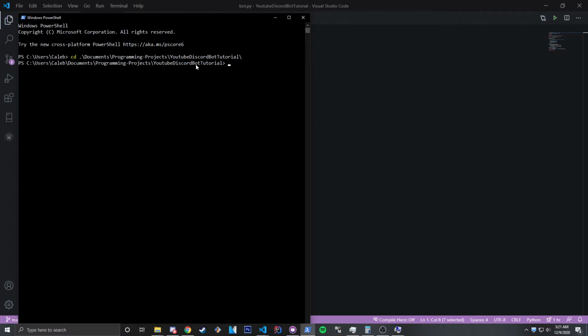So now we're in our folder. Typically, when people want to automatically create their requirements.txt, they use pip freeze, which automatically creates a requirements.txt with all the libraries that you have installed on your computer with pip. And that's not really ideal because you don't want your dependencies from, say, another project to apply